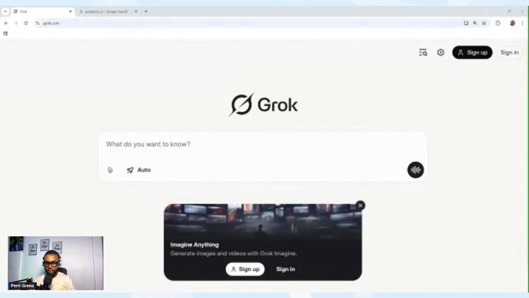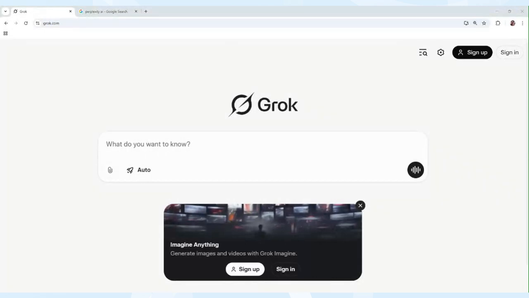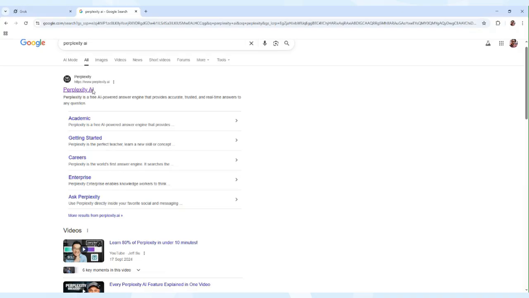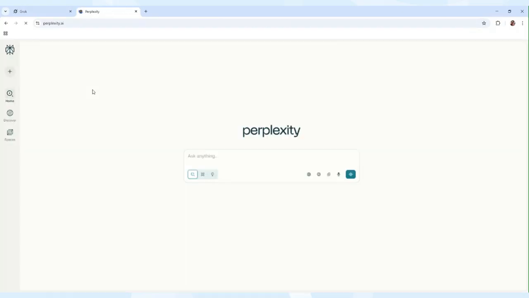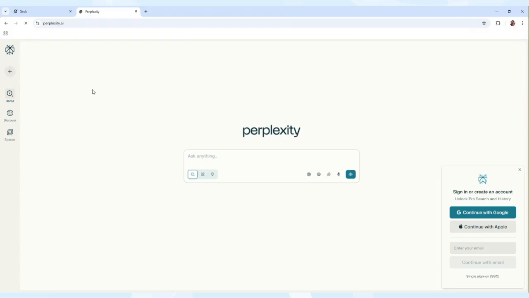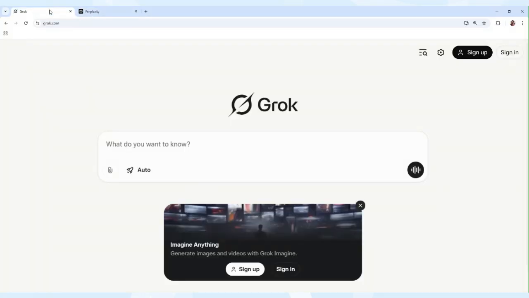That's the Grok AI. Here's the Grok AI, and we also have different types of AI. We have the Perplexity as well. So here's the Perplexity AI. Like I made mention earlier on, you can use any of these AI to search for the programs and the universities, and it will fish out some of these universities for you. But let's base our search on the US. We are going to look at some schools in the US that actually give funding and scholarship opportunities. But before we do that, we have to search for these programs.